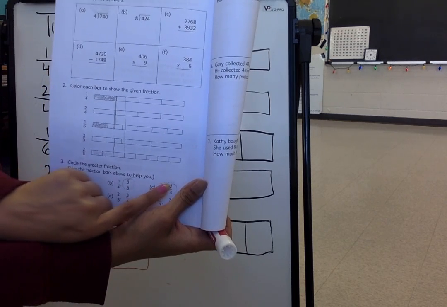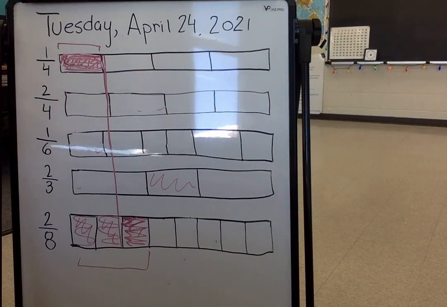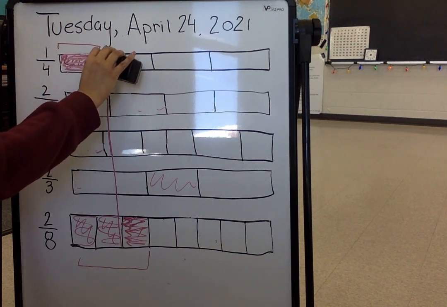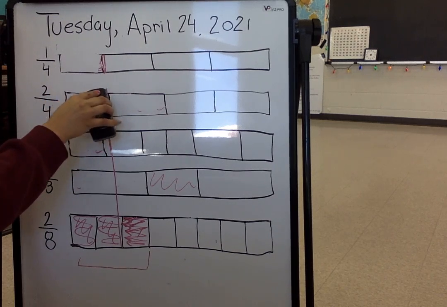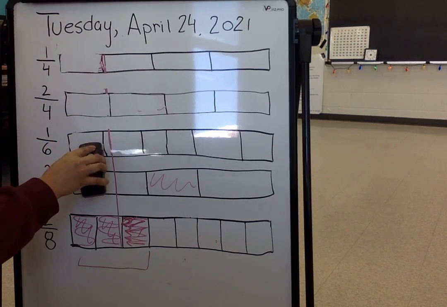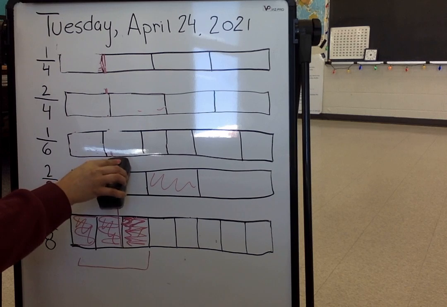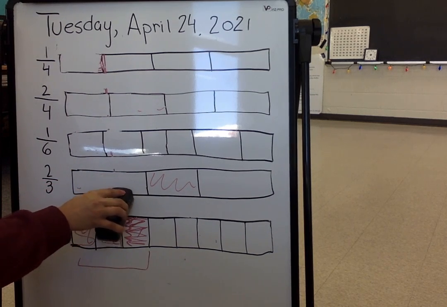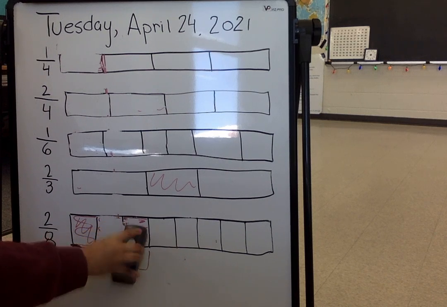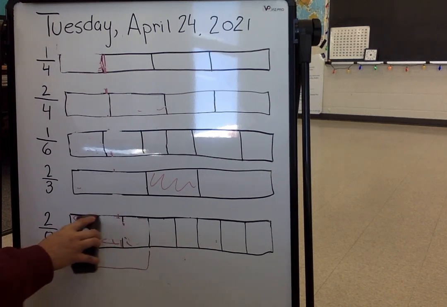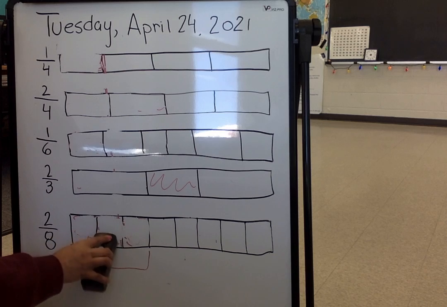2 over 8 or 2 over 3. So let's go ahead and see 2 over 8 and 2 over 3. I'm going to erase it so we don't get confused. As I'm erasing it, maybe you can go ahead and do a few questions and you can watch the video all the way to see if you got it correct. So the question is